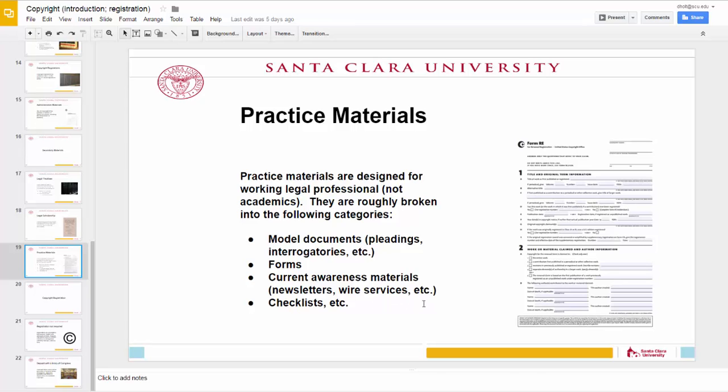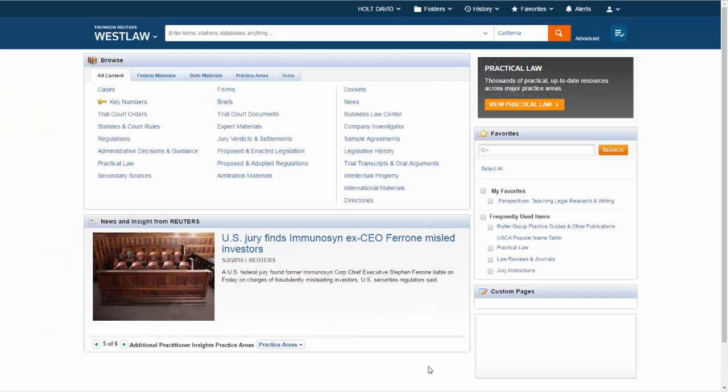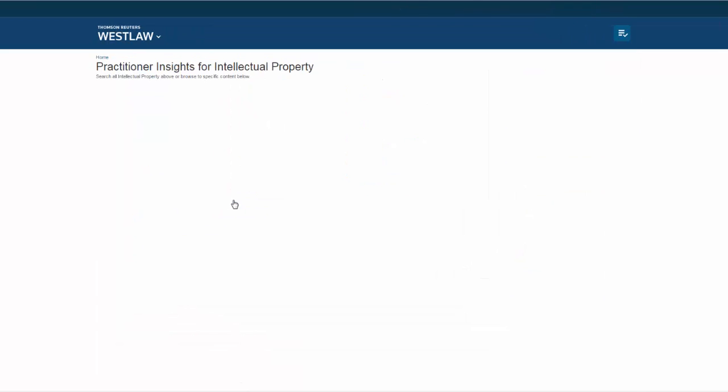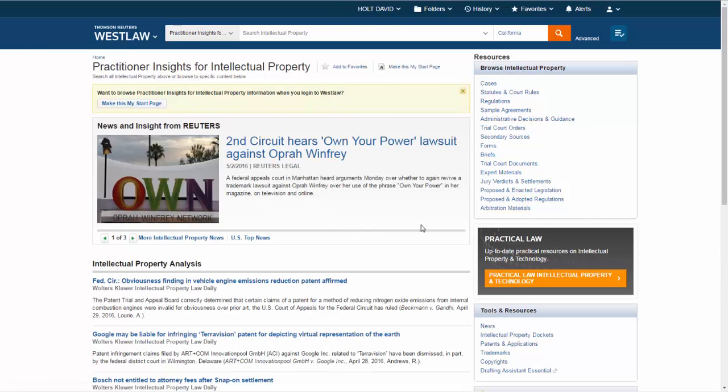Okay, let's take a break here and take a look at some of the materials that we have available to us on all three of the platforms and via the agency's website. So this is Westlaw Next. I'm going to navigate to practice areas here and then to intellectual property. And this will give us a broad overview as to what materials are going to be available on this platform. If we click on secondary sources here under Browse Intellectual Property,